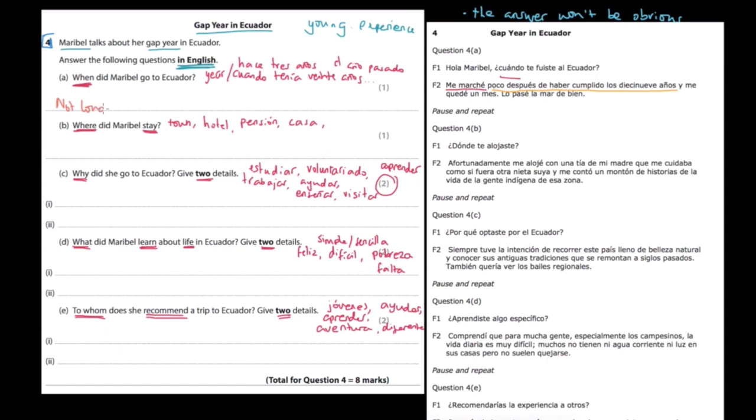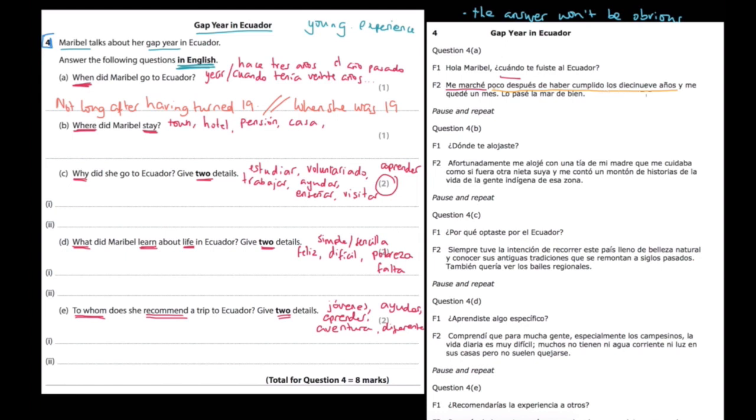not long or shortly after having turned 19 or 19 years old. Right, this would be the perfect answer. However, when she was 19 is a perfectly valid answer as well. And this is what they're actually expecting you to write. They're expecting that you will hear poco después de haber cumplido los 19 años. Oh, 19, 19. Okay? So don't worry about, as I said, things that are a little bit cryptic,